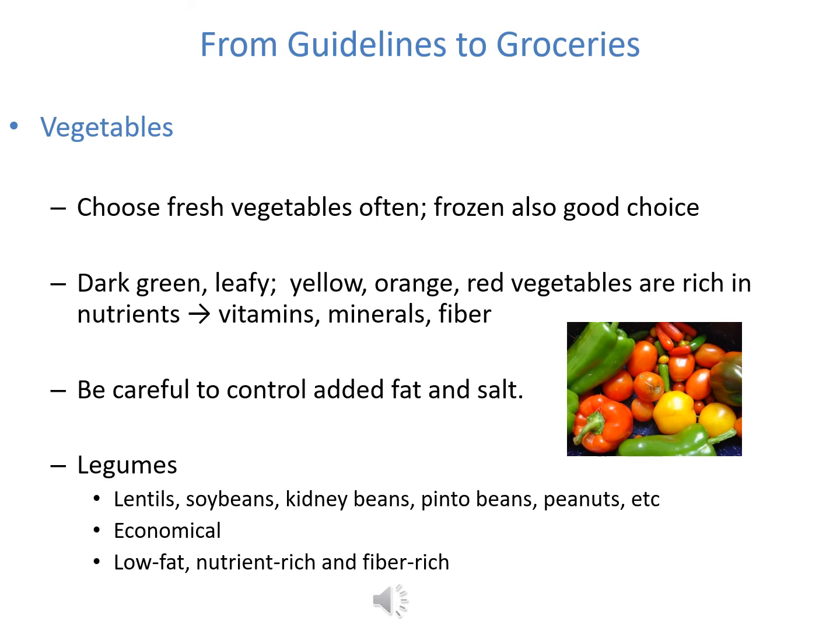The same principle applies as far as fresh versus frozen as with the fruits, whereas they really will be comparable in nutritional value. Again, the vegetables would be flash frozen immediately after harvesting,